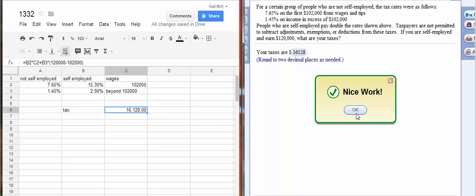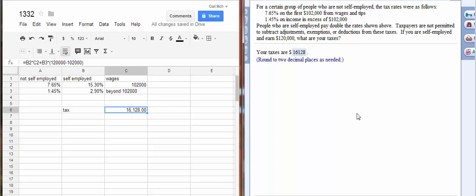Okay. So then you would go back and use the tables if you wanted to calculate their income tax for a particular year. So already they're paying $16,000. All right,